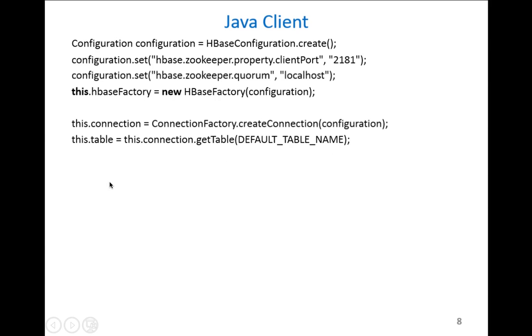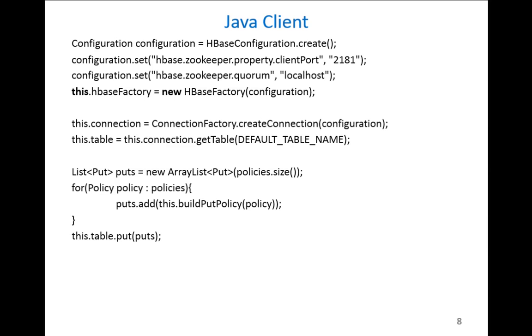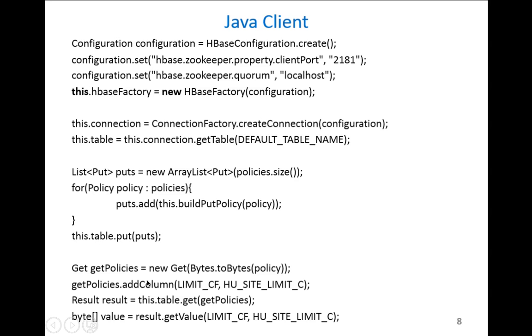HBase works with arrays of bytes. So everything that we want to push, we will have to convert into an array of bytes. Here you can also see that the HBase client for Java supports batching, so I can have a list of objects and then it can be pushed directly into HBase. To retrieve an object, as you can see, I have to convert the primary key into an array of bytes, and then I have to define